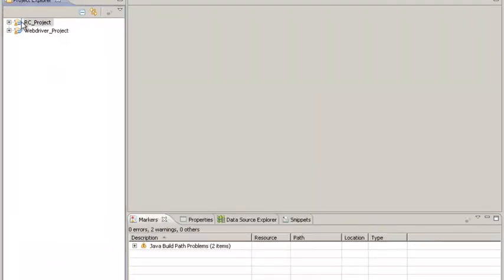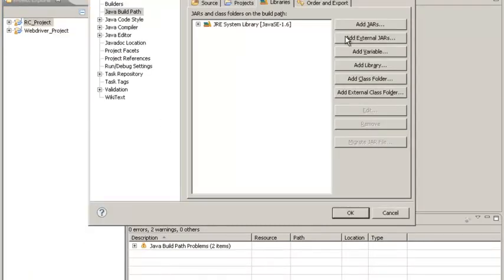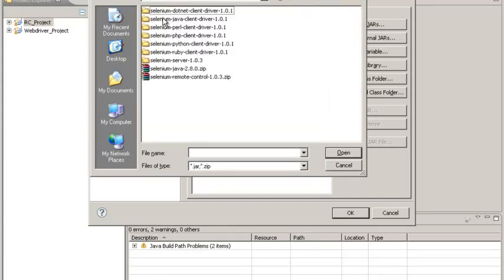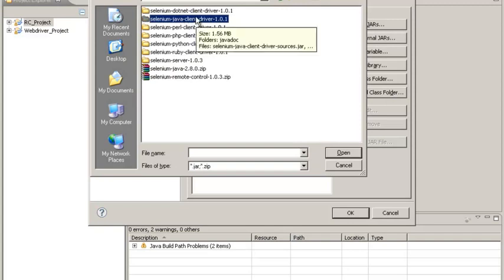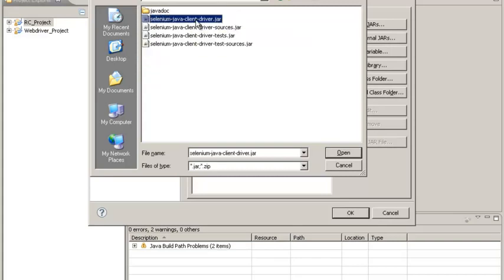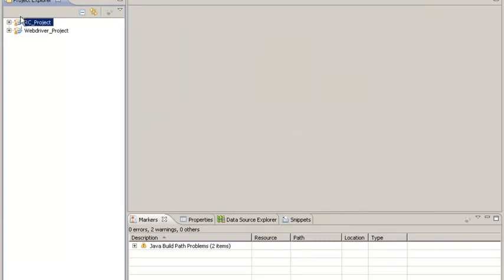Fine. And you go to the properties of this project. It's the same thing. You just need to add the jar files of RC. That means RC has got its own set of jar files. This is this folder over here. The Selenium Java client driver will hold the jar files for RC, and you include the jar files in your project properties.